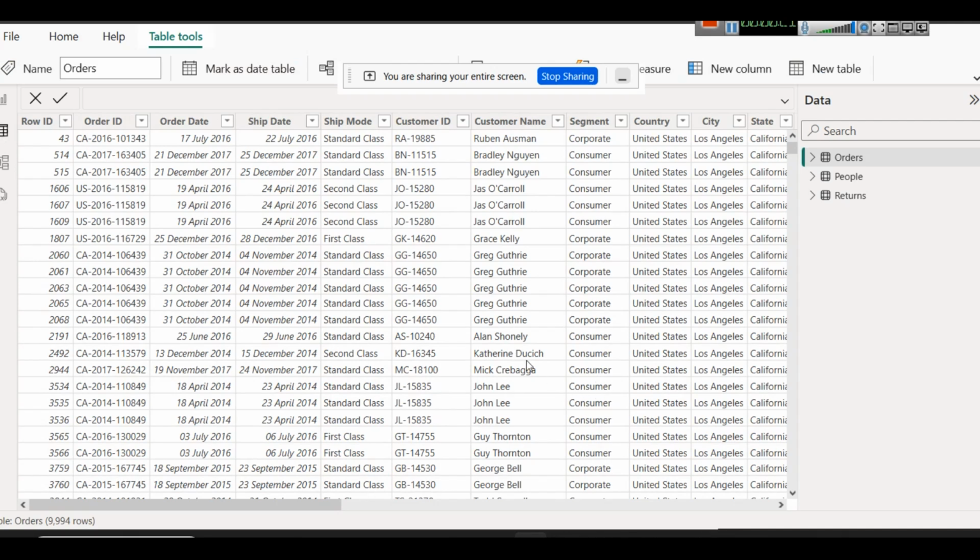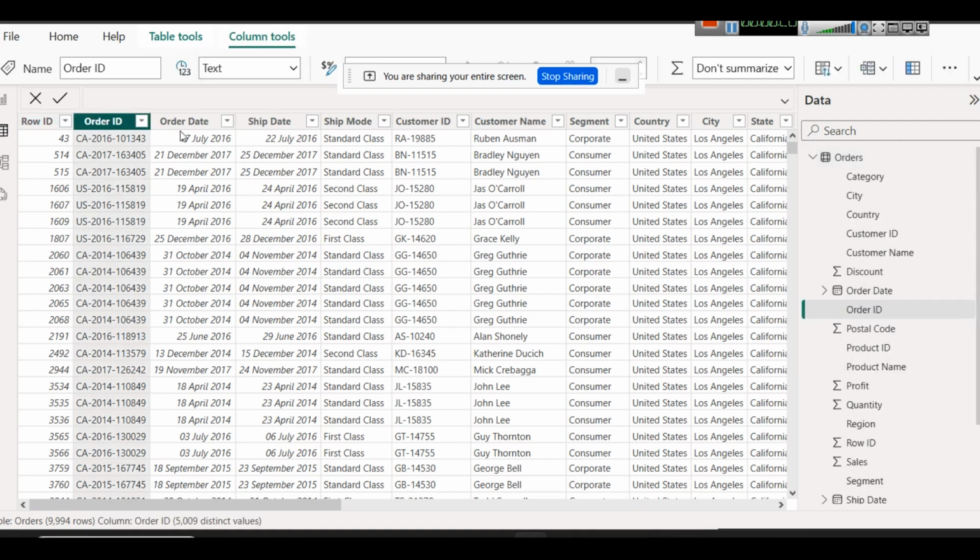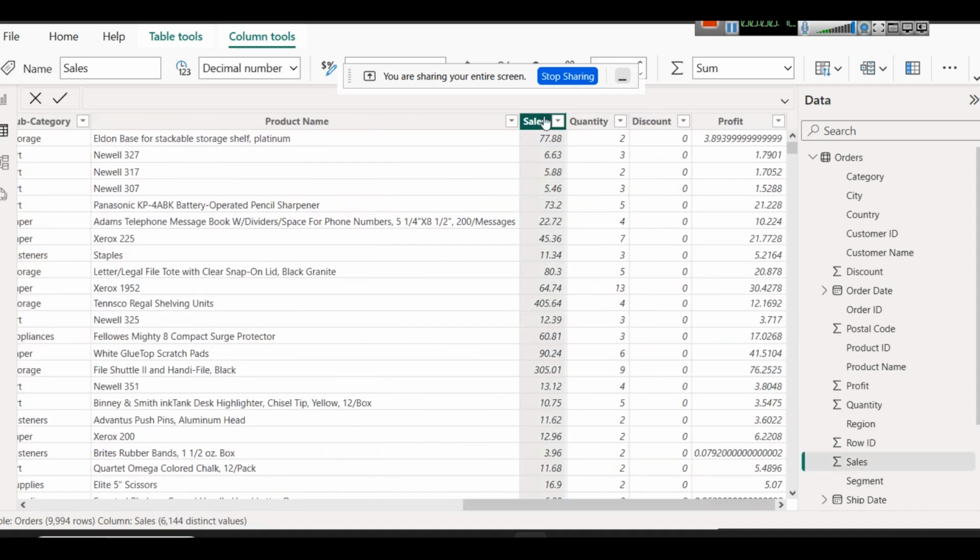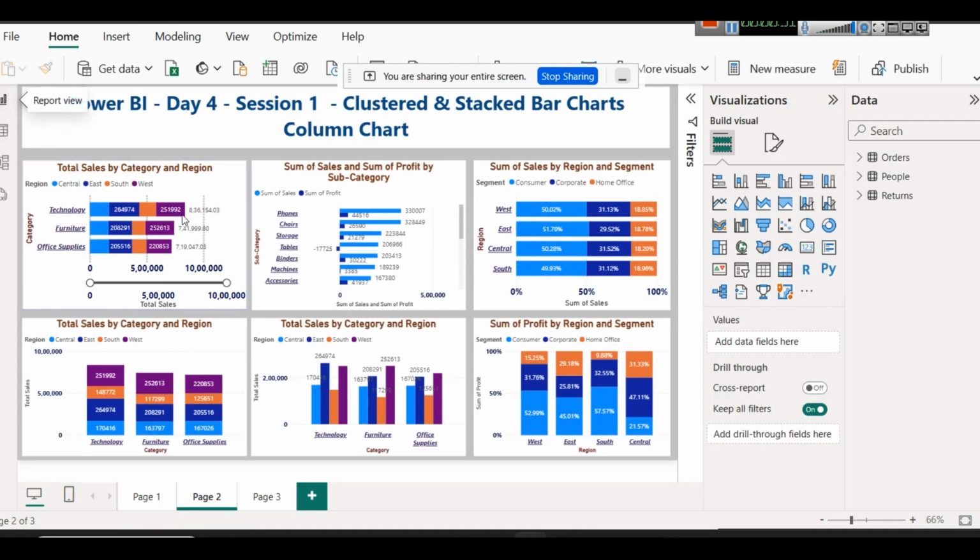We have studied this data set where we have information of different orders, like the order ID, order date, shipping mode. So we knew that there were some date fields, some categorical fields, along with some numerical fields like sales, quantity, discount, profit, etc. And here we have different types of product names and so on. So what we have to do today is